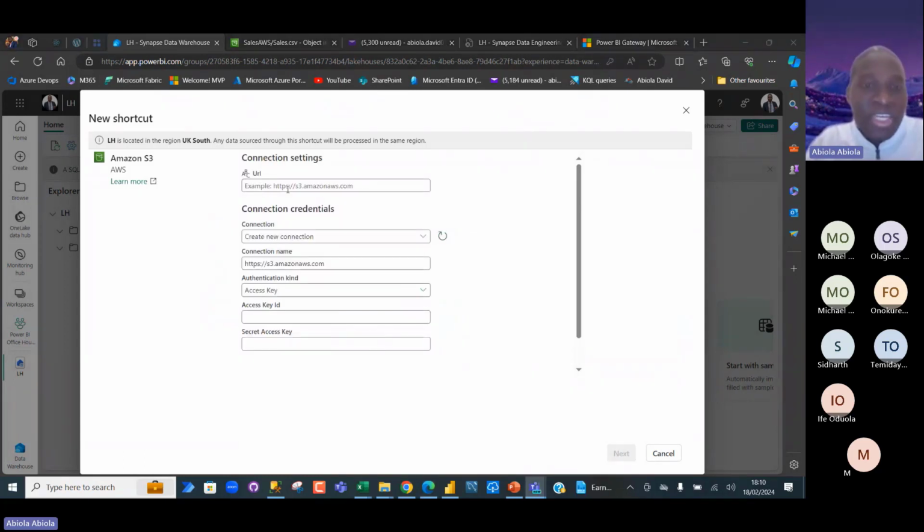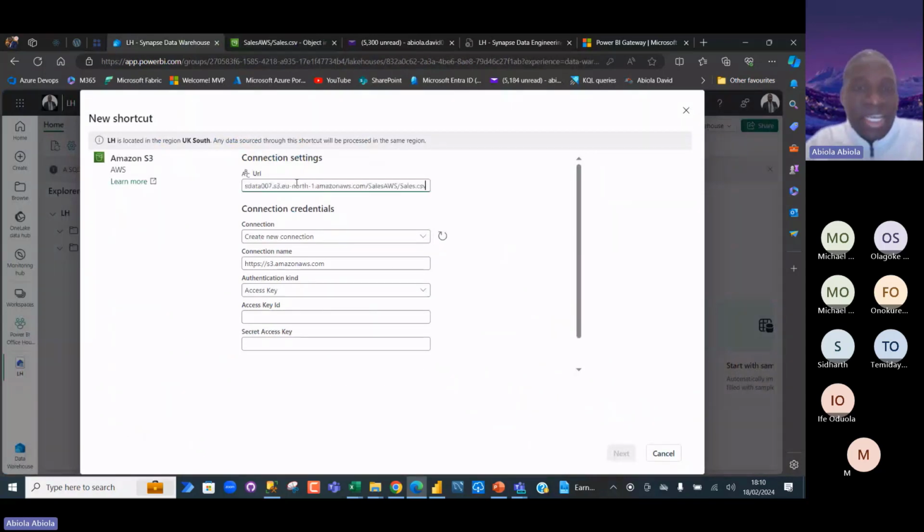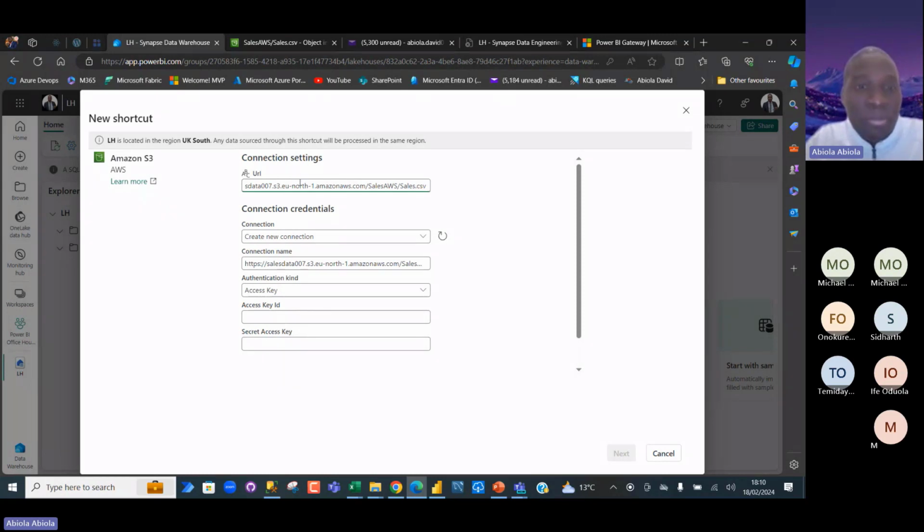Now, in the connection settings, we need to specify the URL. So I'm going to come here. Now, in this window, this is going to be the URL. So I'm going to copy this URL and then go back, and I'm going to paste here. Now, basically, this is not going to work because we only need the name of the buckets and the service, which is S3 in this case, and then the region that your service is deployed. Mine is deployed in the EU North 1, and then we have the .amazonaws.com. So I'm going to delete this portion of the URL. So delete, that's not really required. And then, okay, I'm going to actually bring this up.